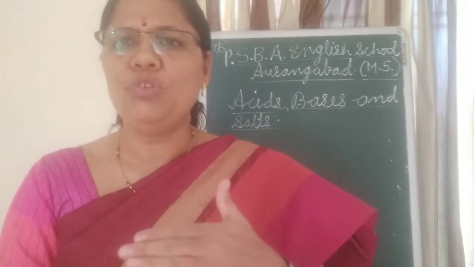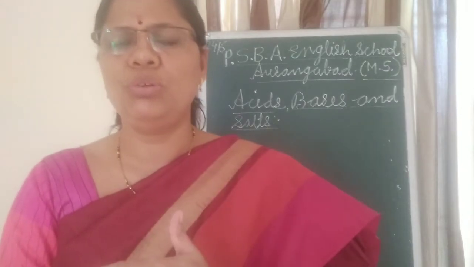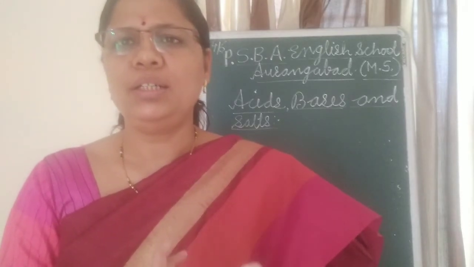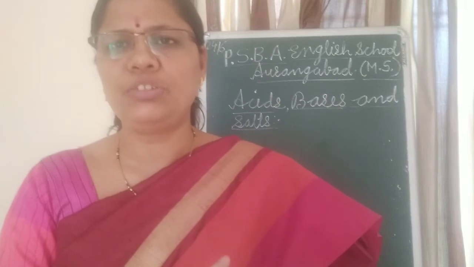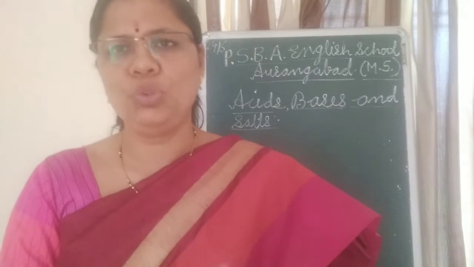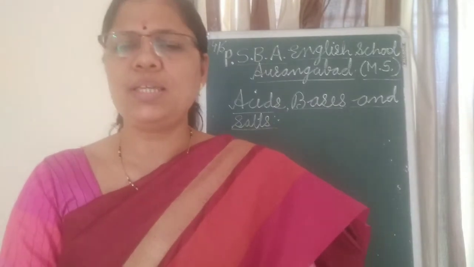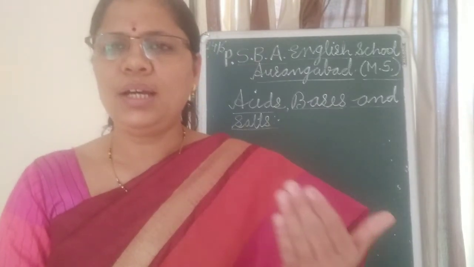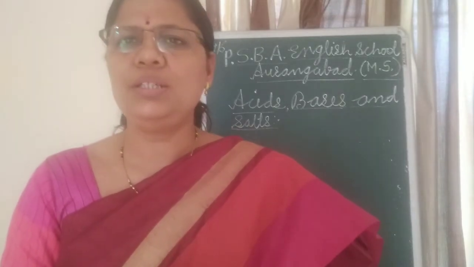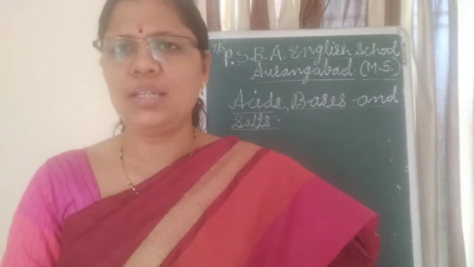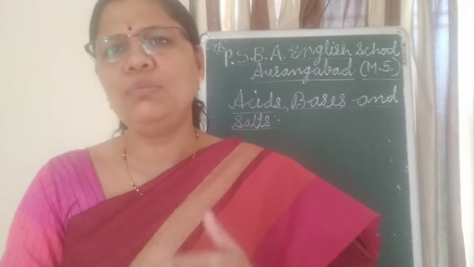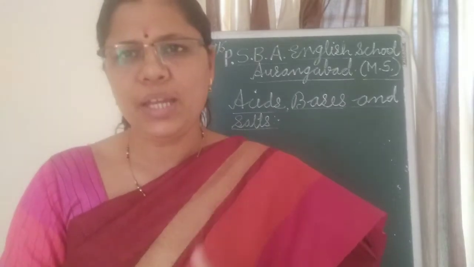Then in the previous lecture, one more concept we have already discussed: when we take four different solutions, glucose, alcohol, HCl and H2SO4, we find that the bulb glows, or the electric current flows, through HCl and H2SO4 and not in case of glucose and alcohol. Why did this happen? Because HCl and H2SO4 are ionic compounds. That is why there is a dissociation of ions, and ions are required to carry the charge. That is why there is a flow of electric current and the bulb glows in case of HCl and H2SO4.